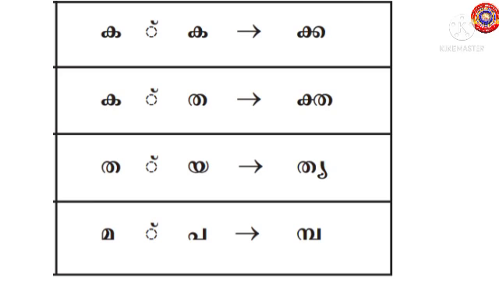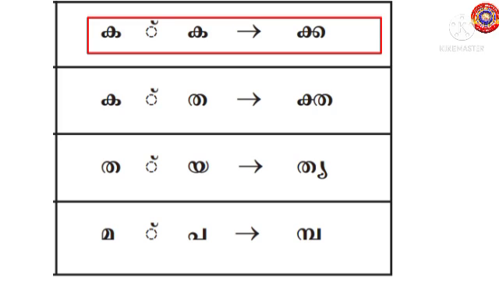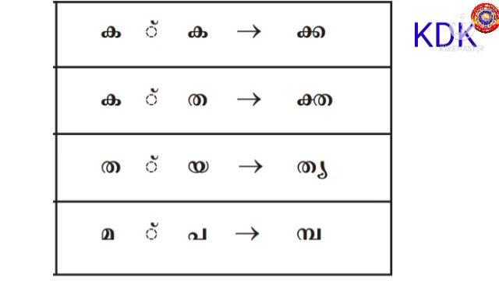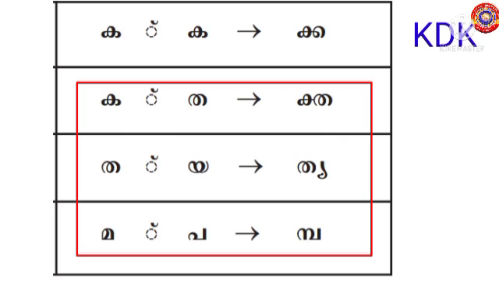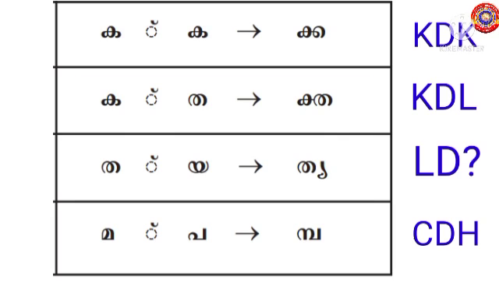Same is the case with other letters also. Now look at this table. Here we can see compound letters, right? Look at the first example. The same letter is repeated to get the compound letter. Here we can make use of the simple connector Chandrakala. Okay, that is D. And use the same key twice. Now look at other example. Here we need to type two letters and use the connector. For that, just think of the pronunciation of these combinations and find out the keys for typing those letters. So we get the following keys as answers.